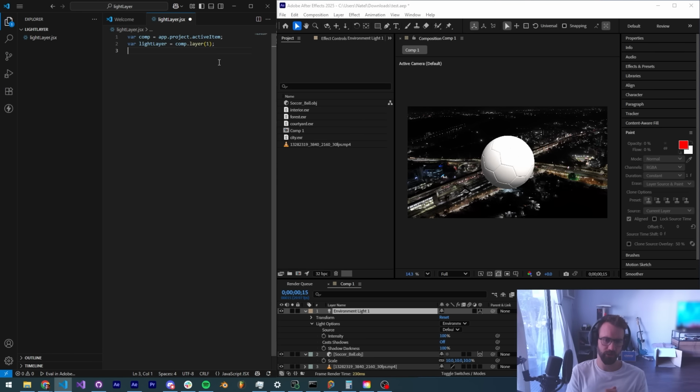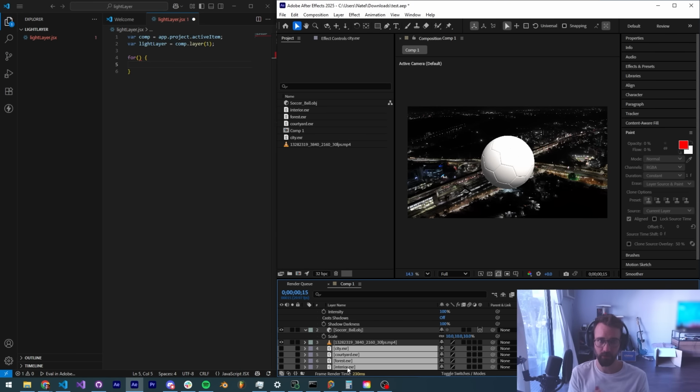So the first thing we're going to need to do is create a loop. We're going to create a for loop because we're going to basically need to do an operation n number of times. The number of times we're going to do that operation is however many of these EXR files we have. Now there are many ways we could loop through this. We could use a smart name search, look for anything with .exr in it, or we could just hard code